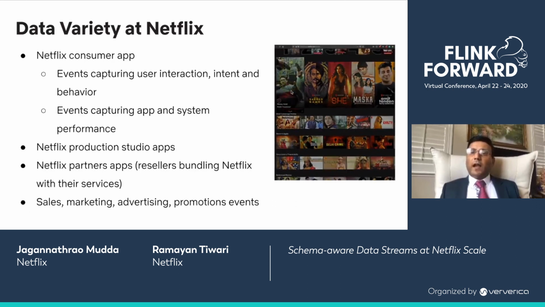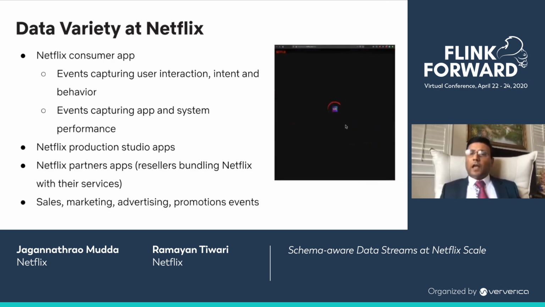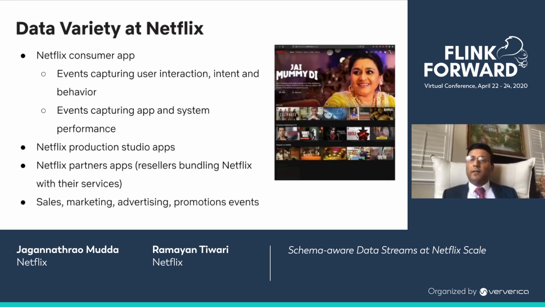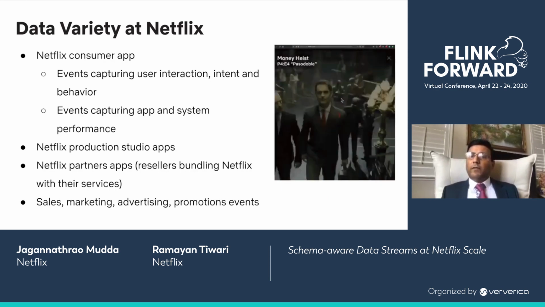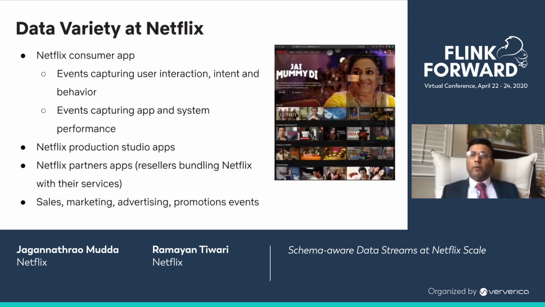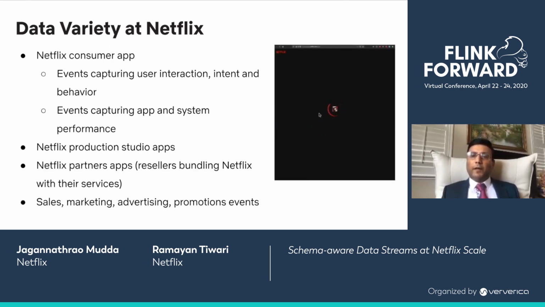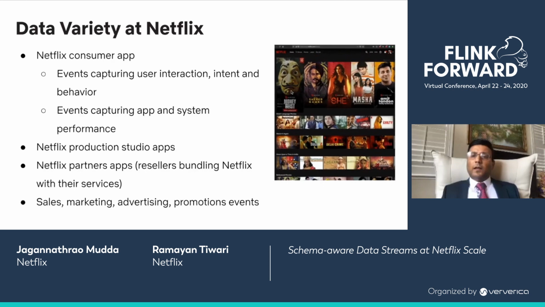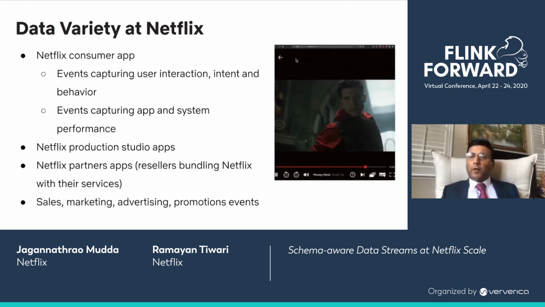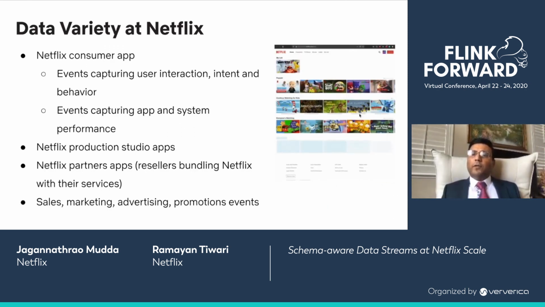Let us deep dive into data variety challenges, specifically user behavior data and APM data. As mentioned in the previous slide, we have many event types that are coming from millions of client devices with different versions of desktop, mobile, and televisions. Most of the devices are latest and upgradable. However, few are very old and not upgradable. Hence, there are different versions of client software running on these devices and sending different kinds of event data. In addition to this, there are various UI platforms like iOS, TV, Android, web, etc. that produce the event data.